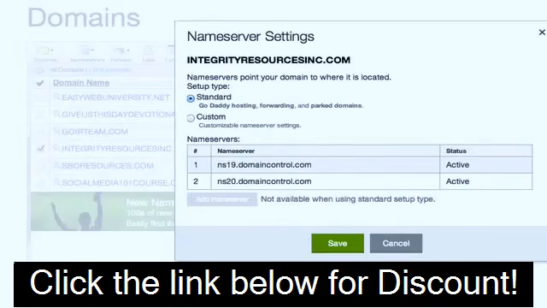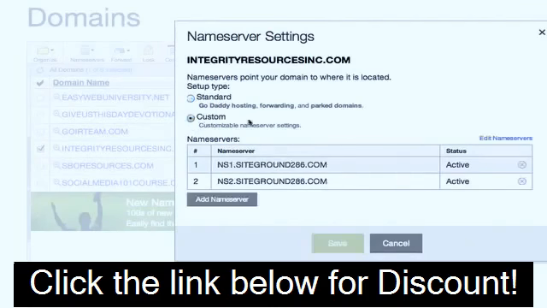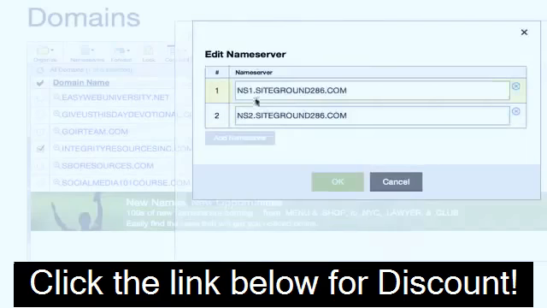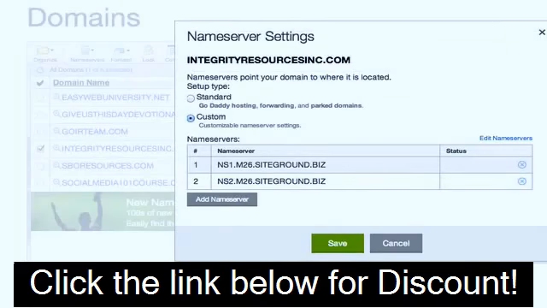Okay, so you can see in this case the little pop-up box with name server settings are set to standard, which is the name servers addresses that come with GoDaddy. We're going to use the ones that we just wrote down from SiteGround. So I'm going to click on custom, and then I'm going to click on this little button here that says edit name servers, and then in this box right here I'm going to paste in the information that I copied from my email, and it was NS1 and then NS2 here, and I'm going to hit OK,